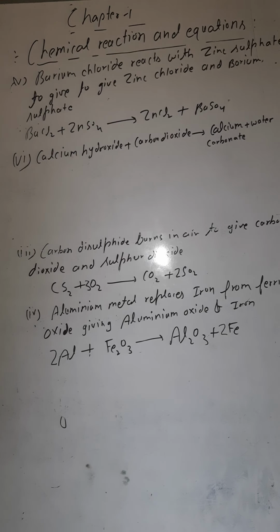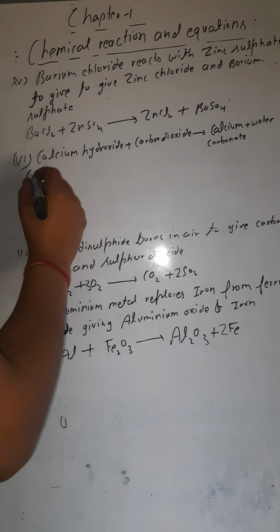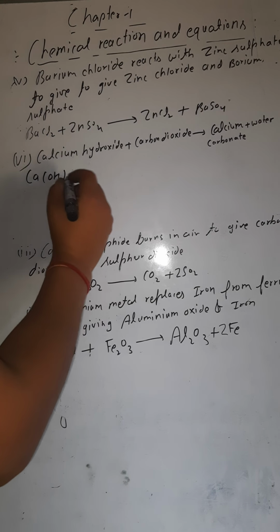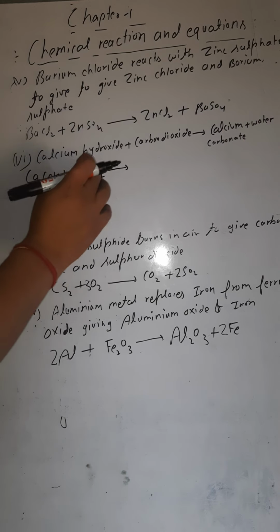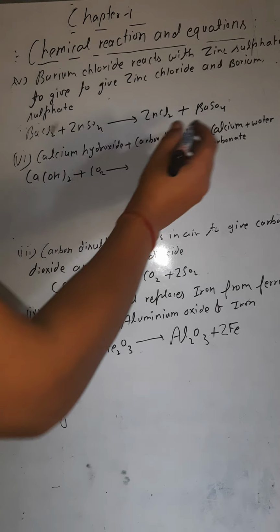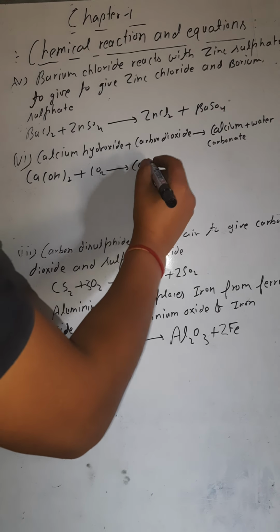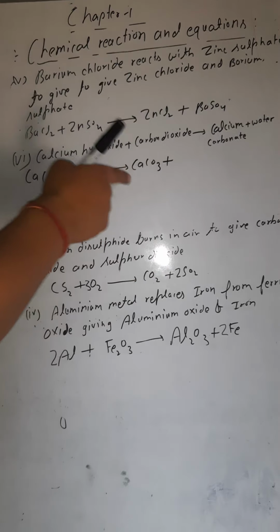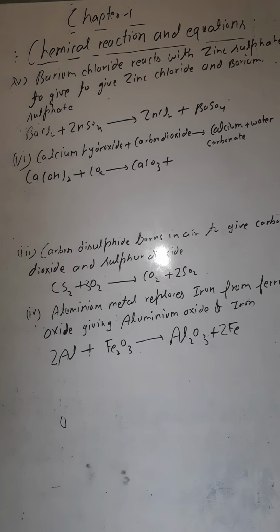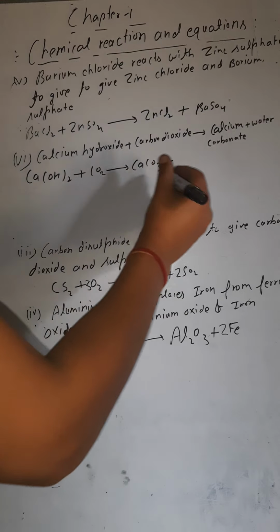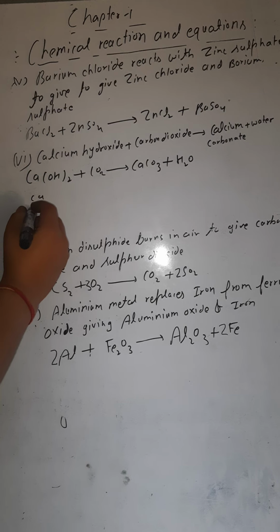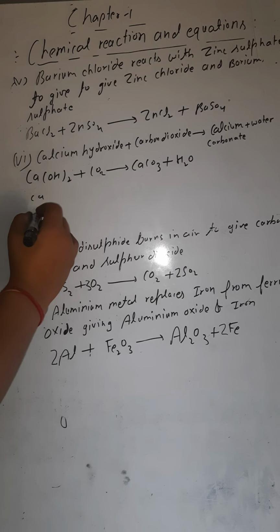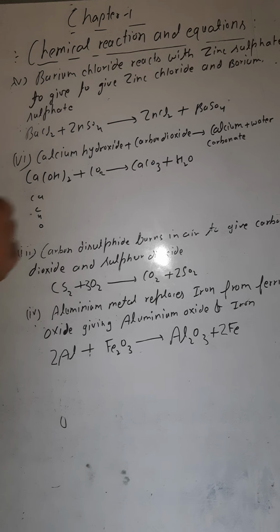So calcium hydroxide is what formula? Ca(OH) whole twice. This is calcium hydroxide. Then carbon dioxide is CO2. What does it give? It gives calcium carbonate, CaCO3. Keep writing. You have to remember all the chemical formulae there. Okay. Calcium carbonate CaCO3 plus water. Water is what? H2O. Now balance this. First what will you balance? Calcium, then carbon, then hydrogen, then oxygen. These things you have to balance. Metal, non-metal, then hydrogen, then oxygen.